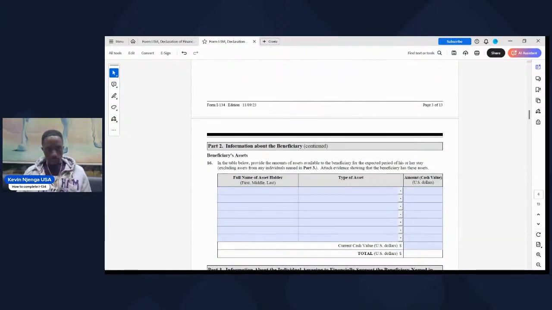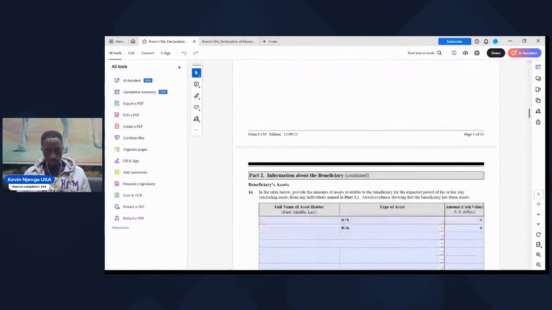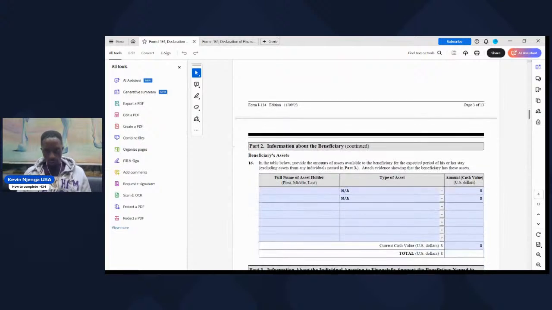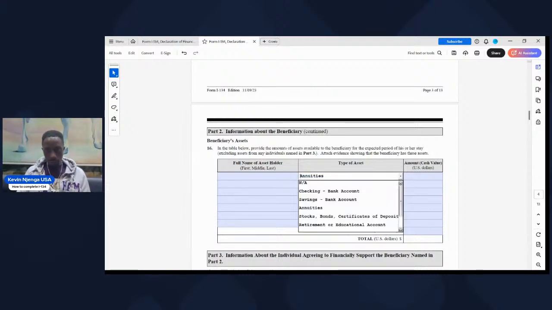Then information about beneficiary, this is part 2, beneficiary's assets on 16. Let me see what I had filled there. For that part, they don't have any assets, because if you feel like you have assets and other things like houses and stuff, and you're, let's say, in Kenya or whatever, they're going to start asking for more documents. So I'd suggest put not applicable,